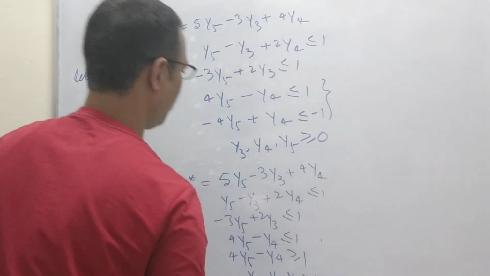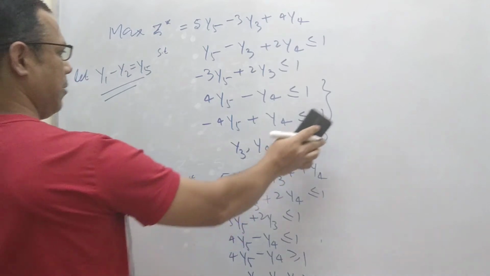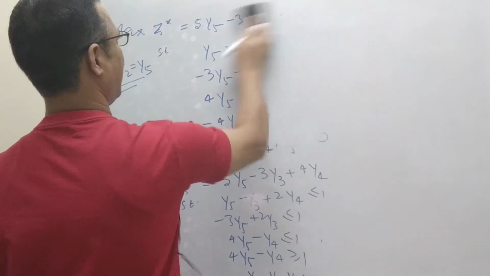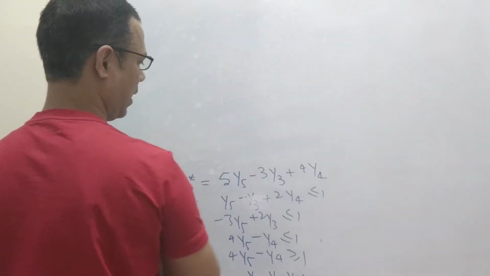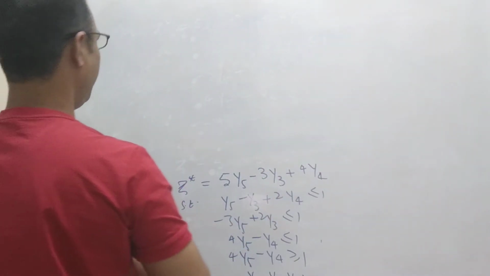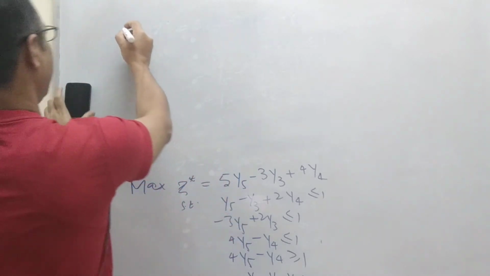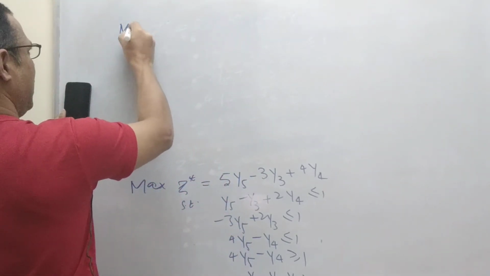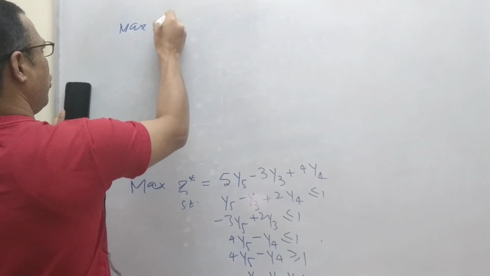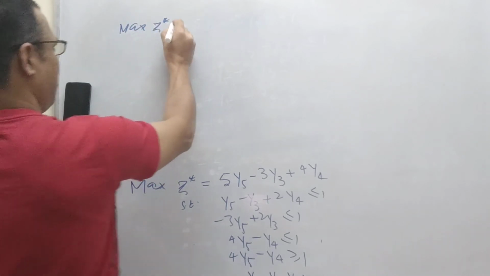So we can write this in this form, y3, y4, y5 will always be greater than equal to 0. Now these constraints are still in how many numbers? Constraints are in 4 numbers. So we need to change these constraints to 3. To get a total of 3 constraints we need to ensure the primal.